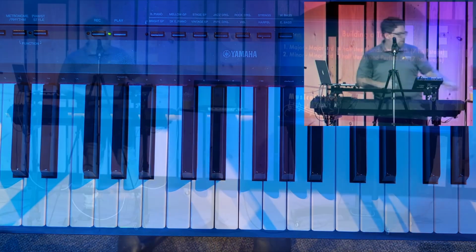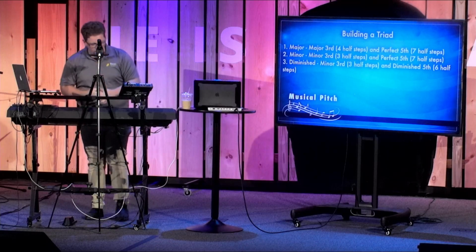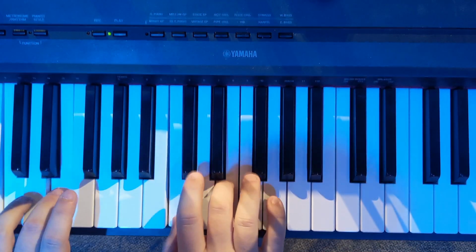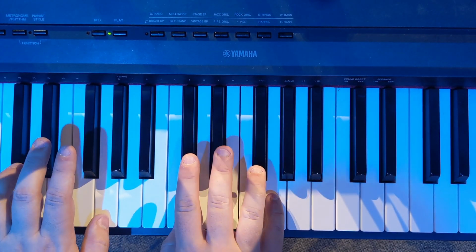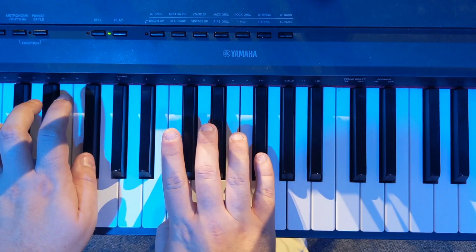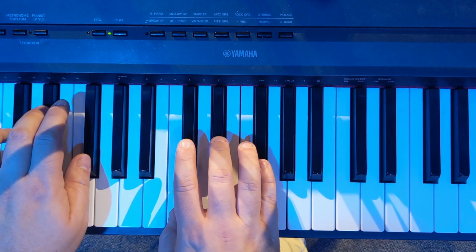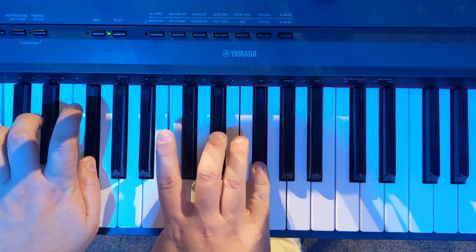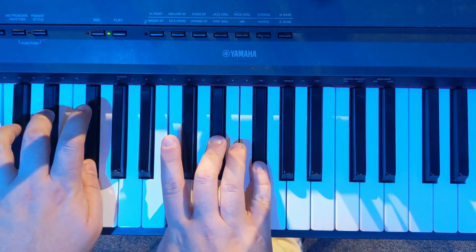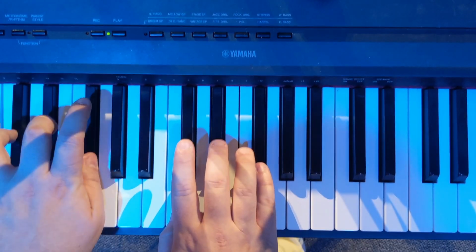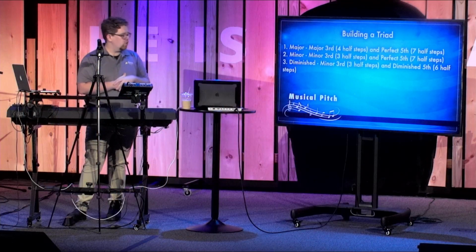That's a minor triad. The next kind of triad we have is called a diminished triad. And so a minor triad takes that major third and turns it minor. And a diminished triad, in addition to that, takes our perfect fifth and turns it diminished. And so when you put that minor third, that's 3 half steps, and a diminished fifth, that's 6 half steps, together over a shared pitch, you get this sound. And that's a diminished chord.